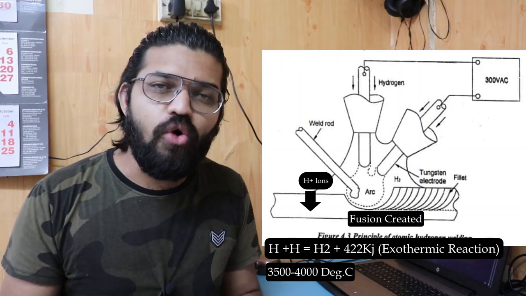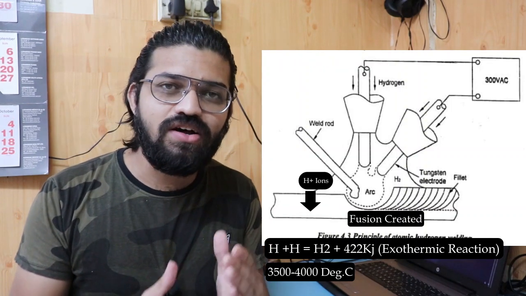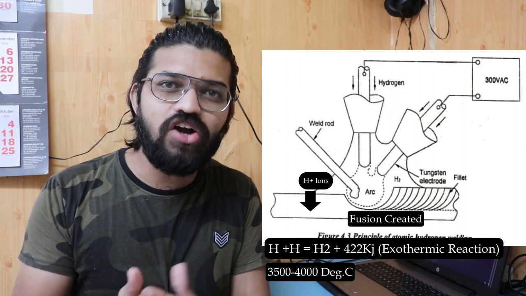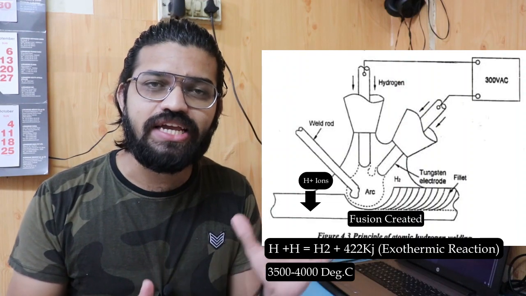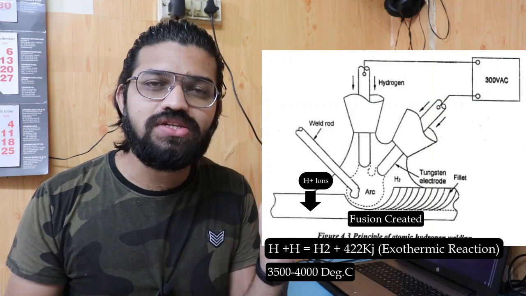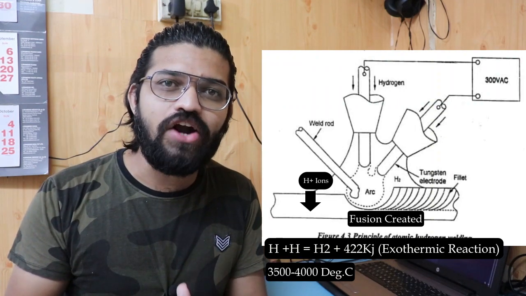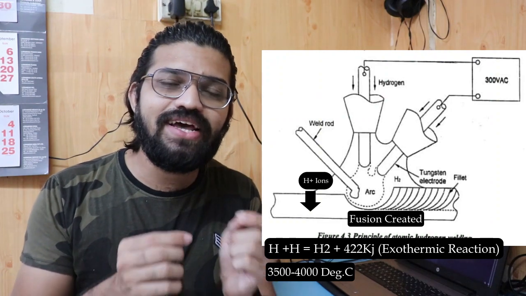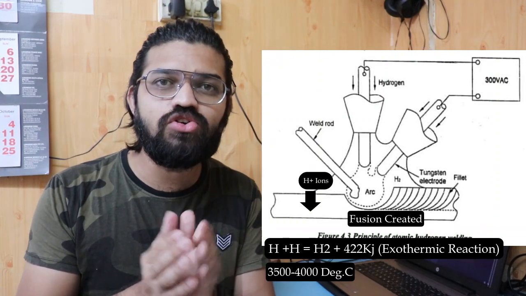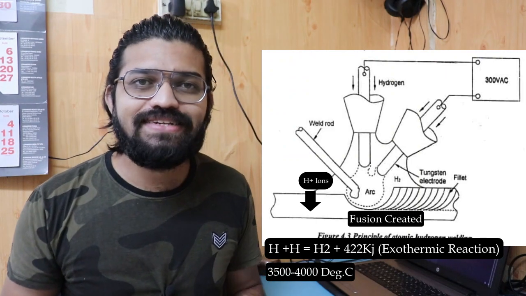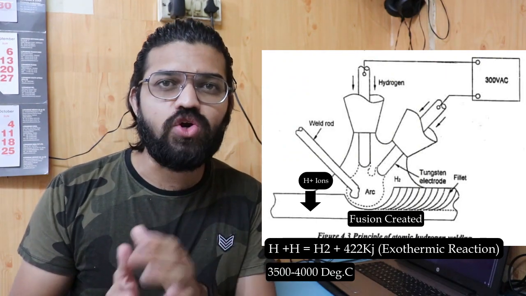Also guys, over here a point which needs to be noted down is that this workpiece is not a part of any electrical circuit, such as in the case of TIG welding or MIG welding. Over here the workpiece becomes part of the electrical circuit only when the electrical arc comes in contact with the workpiece. So guys, that is nothing but the overall working of the atomic hydrogen welding.